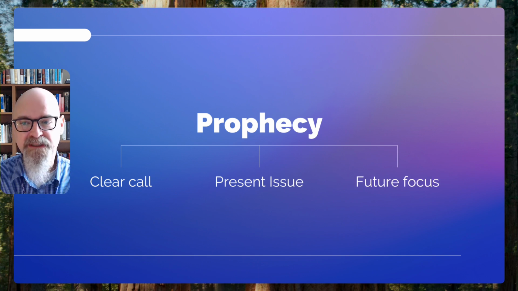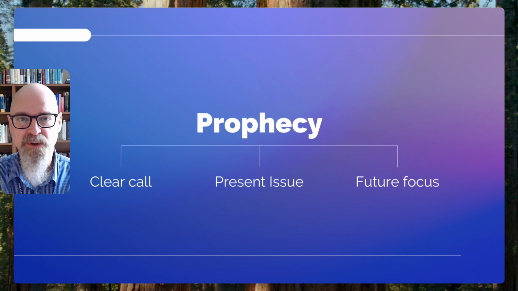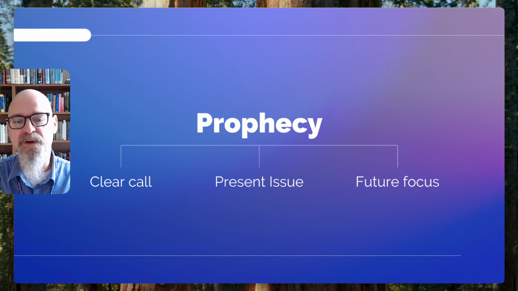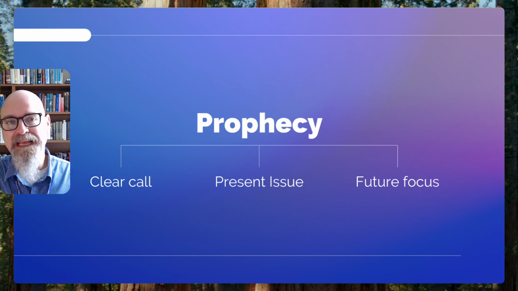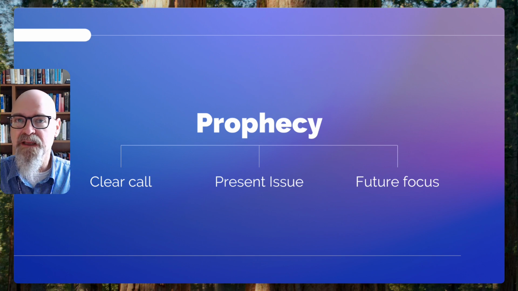Now, the third point is, yes, there is a future focus. So oftentimes prophecy will look towards the future and it will be a clear understanding of what God is going to do or how God is going to work. But we have to remember that prophecy is not solely future focused within the Bible. It oftentimes shows a connection, and this is the fourth interpretive point. It shows a connection between how the past, the present, and the future are all under God's control.